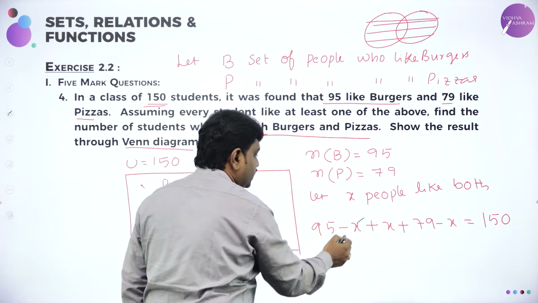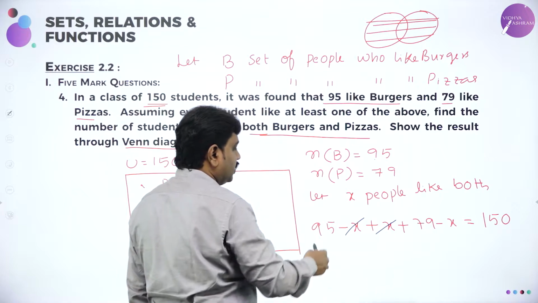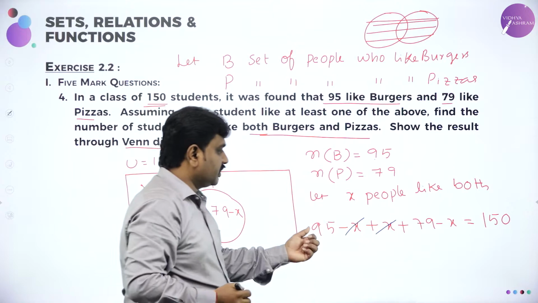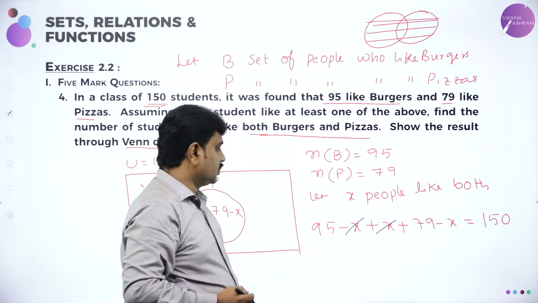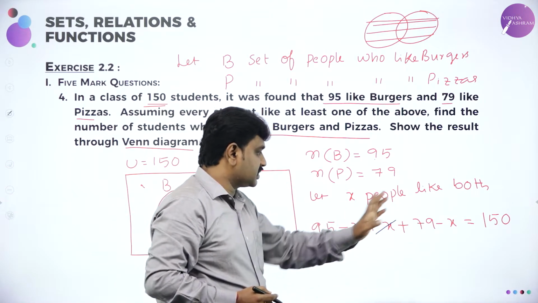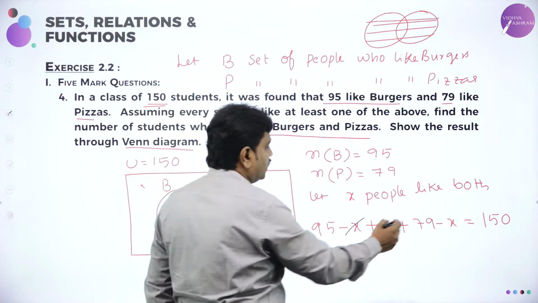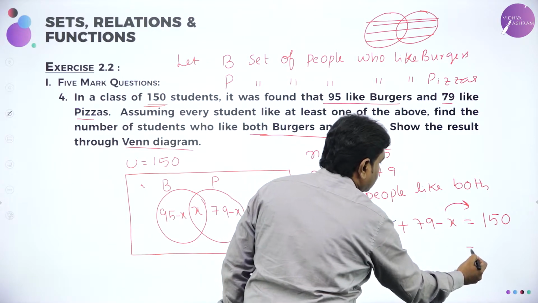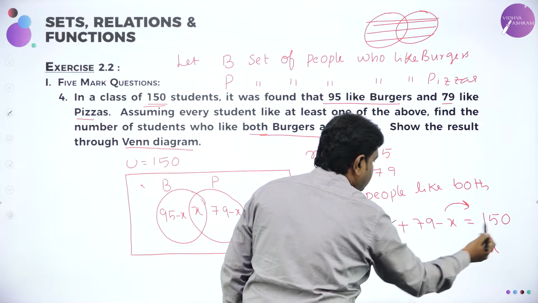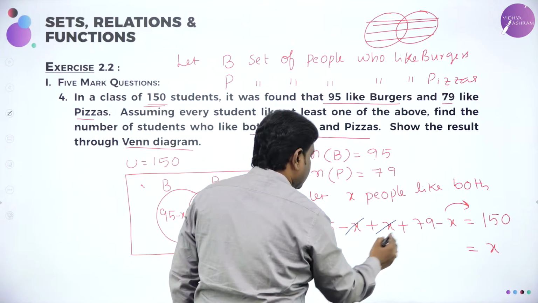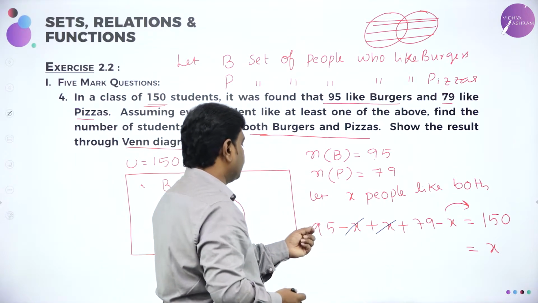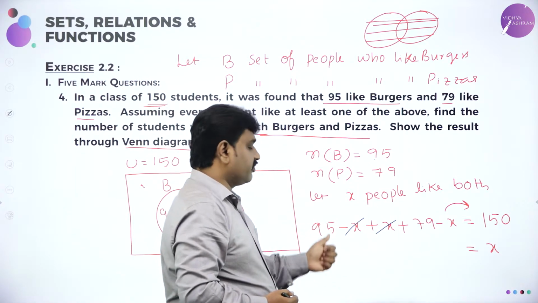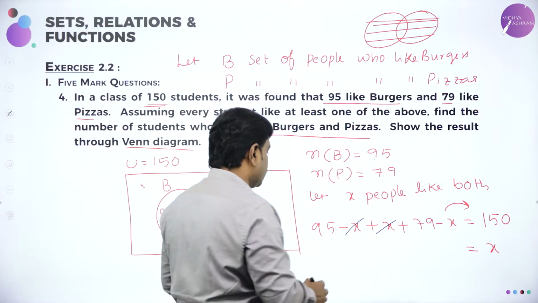I can cancel minus x and plus x and now simplify further. Whatever is left out, we will simplify. 95 plus 79, so I'll add 95 plus 79 minus x and 150. So transfer minus x to RHS, it will become plus x and bring this. So we add this to 90 plus 70, 160, 169, 169 plus 5,